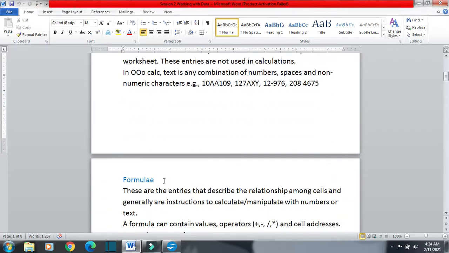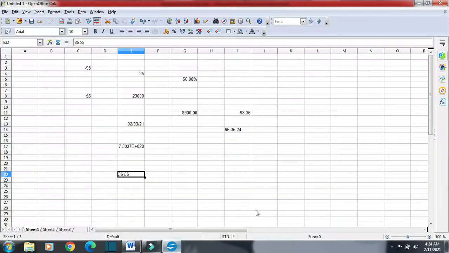Next thing is formula. These are the entries that describe the relationship among cells. For example, you can see I am writing a formula equal to A1 plus B1. Here it is defining the relationship between these two cells, A1 and B1, and when we add these two cells, we will get the value in B7.